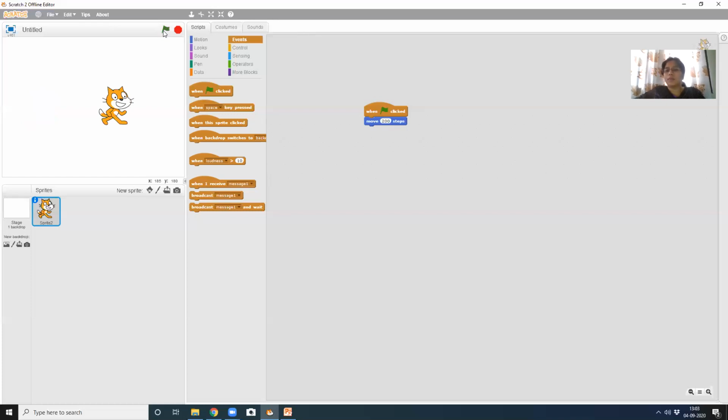This is all about your Scratch sprite movement. This is all about your Scratch movement. Okay, this is how we do it. Now, next thing,